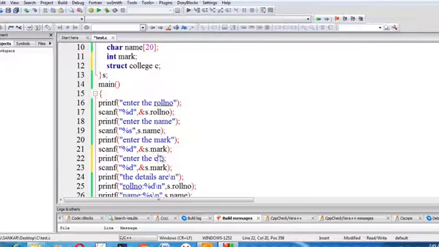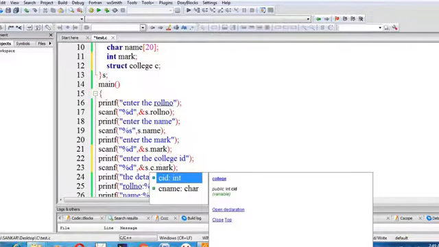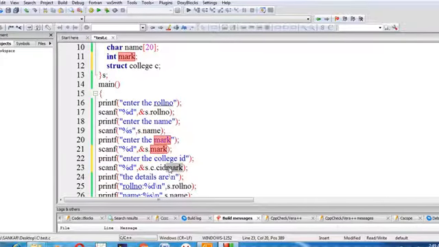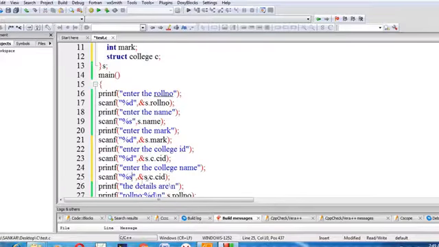Enter the college ID, s dot c dot college ID. Enter the college name. Here it is a character array, percentage s, so there is no need to use the ampersand symbol. s dot c dot college name.